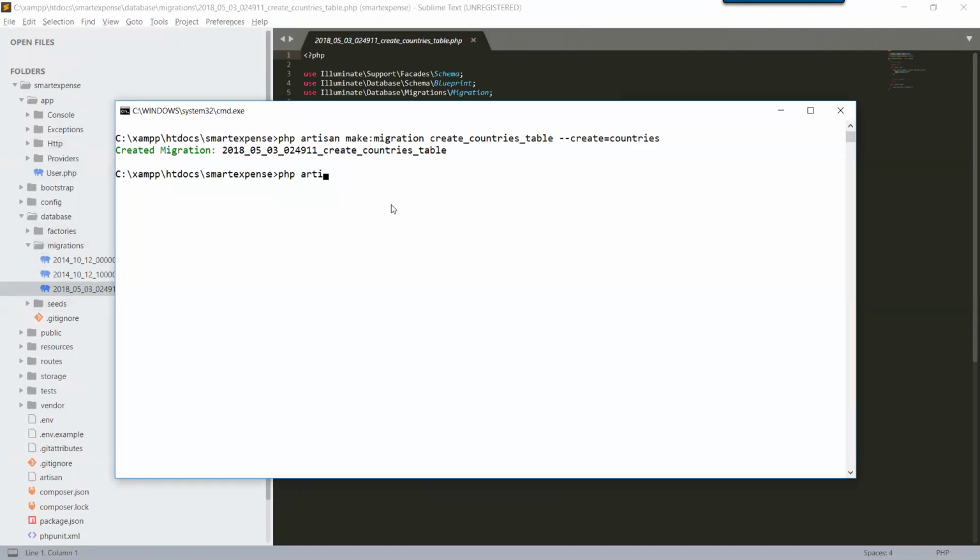So php artisan make:migration create country zones table, with the create flag, and the table name will be country zones.